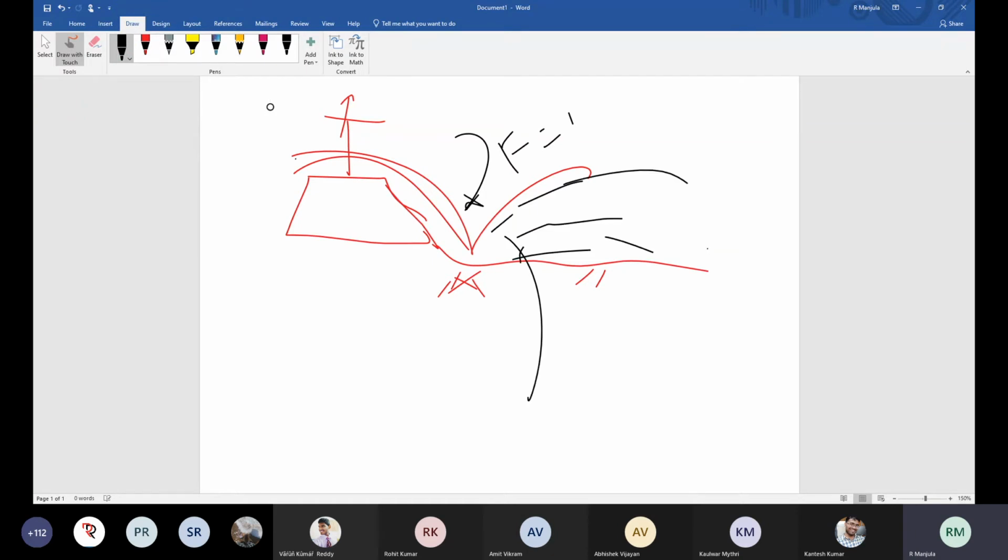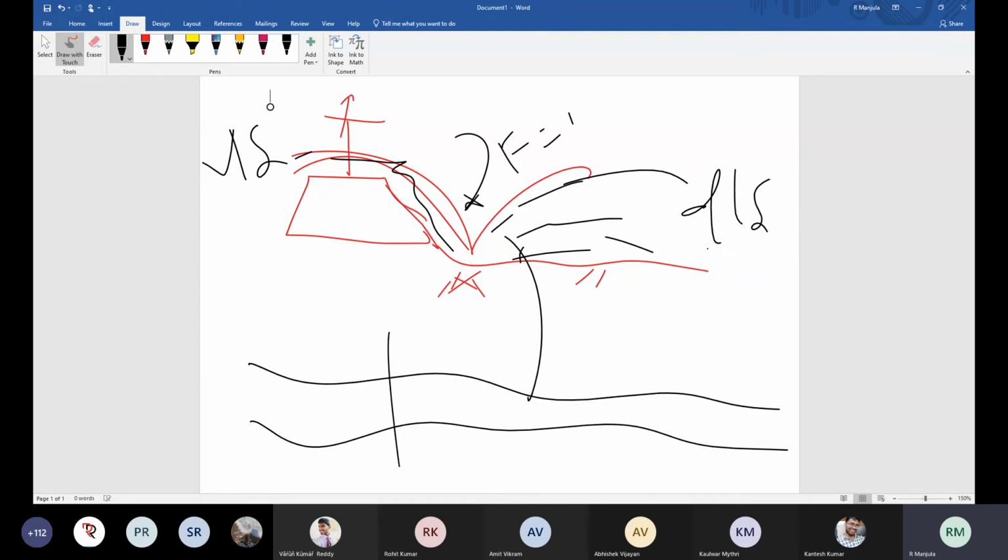This is the water surface. So when you are releasing the gate, the water on the downstream, this is the upstream side and this is the downstream side of the channel. Your river cross section and your structure is like this. The flow is like this. So this is the plan and this is the section.